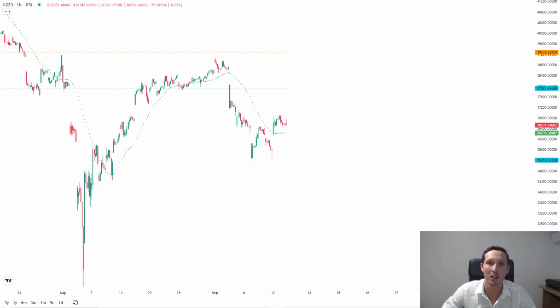Okay, so to the short side, the first market we're going to look at is the Nikkei. Now, it may be the case that if we get those rate cuts and you start to see stocks breaking higher, the global indices breaking higher, it may be a little risky to come in and short these from the upper bounds. However, especially the first one, very often they can push through here into the second one. If it's a very big interest rate decision, you know, say it's a 50 basis points surprise cut and you see stocks really rallying. However, you can use these as very good plan Bs, because if we come into FOMC, what